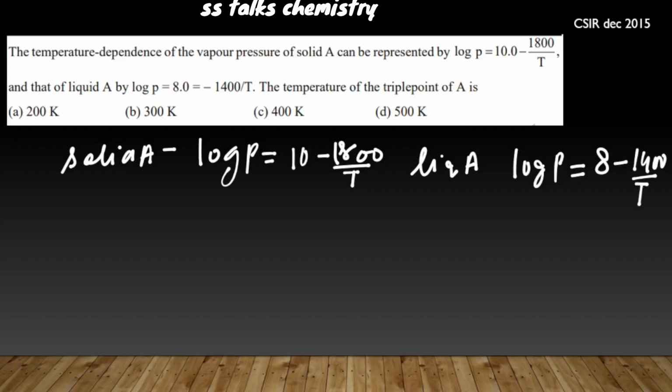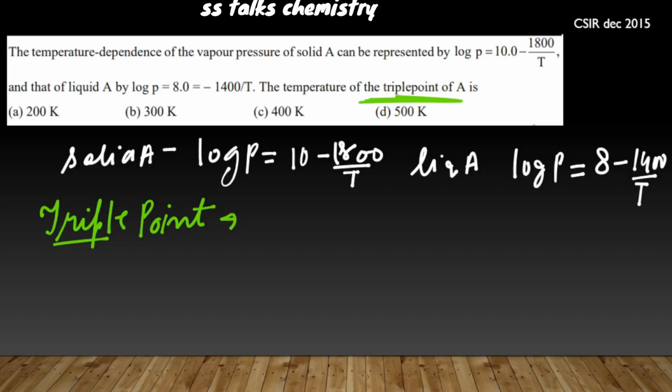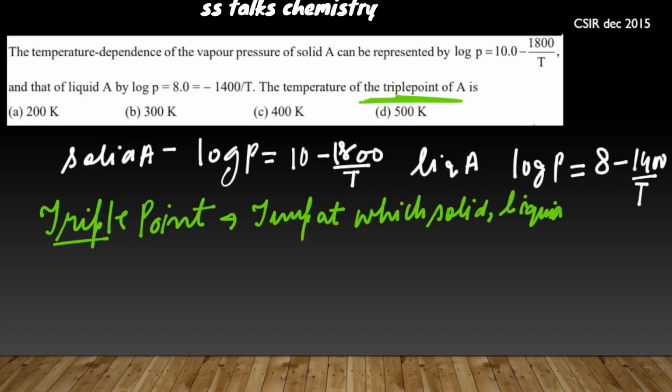So now the temperature of the triple point of the A. Triple point is the temperature at which all the phases, which is solid, liquid and the gases, they coexist. So the temperature at which the solid, liquid and the gases